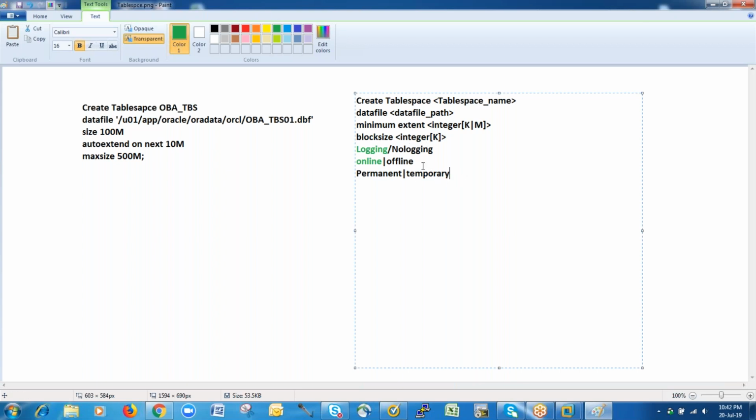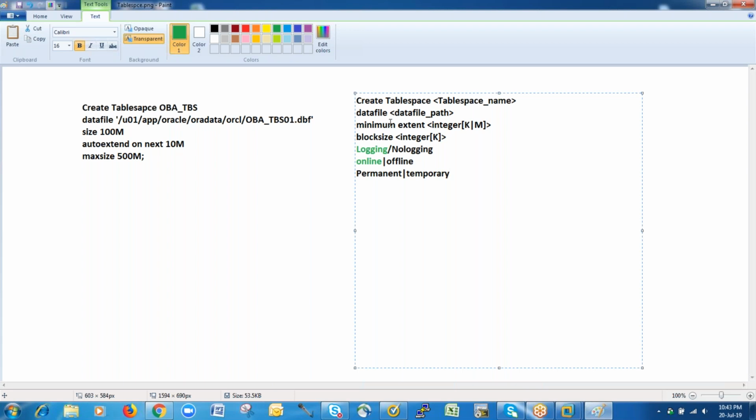If you have created a table space by giving that parameter as temporary, then it can become permanent, right? But the table space that I have shown you in my VM is a temporary table space, and at least one temporary table space should exist, that is mandatory,